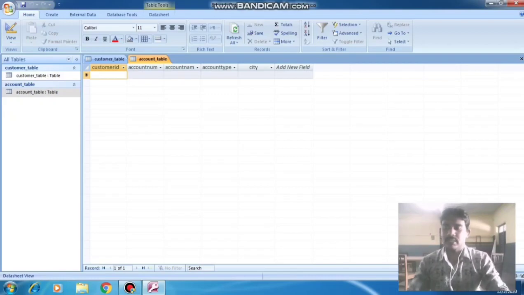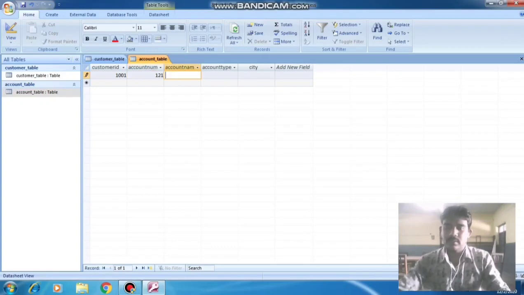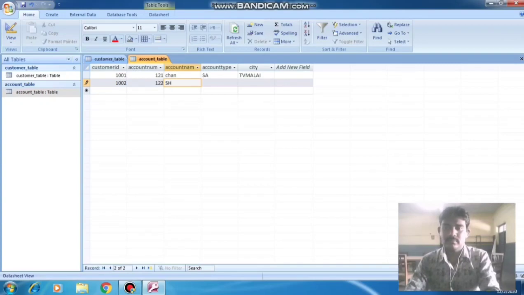Here itself we have to enter the data: phone number, phone type, and the next record, current account.